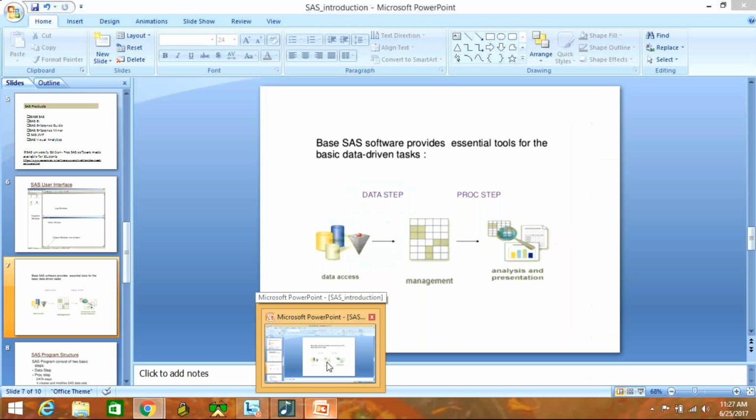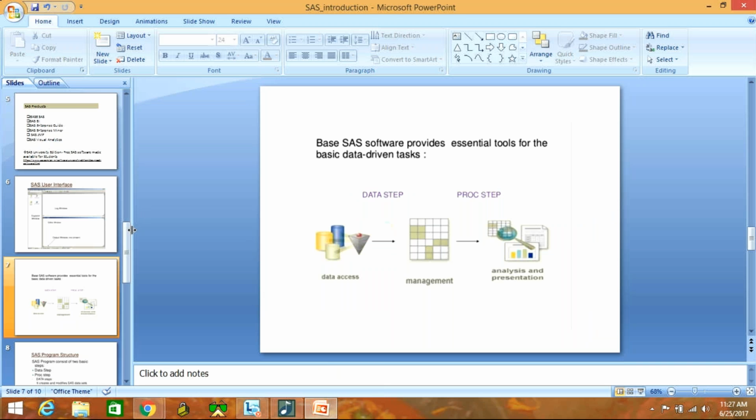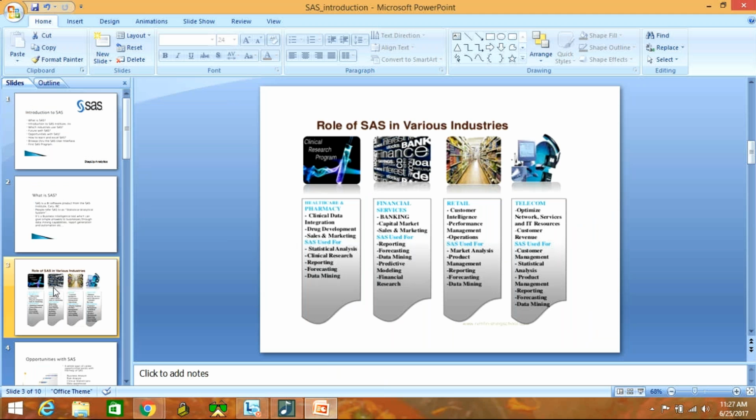SAS is used in all kinds of industries, but if we have to pick where it is extensively used, it is the pharmaceutical and financial industries, including insurance and banking. The trend is very high in finance and pharmaceuticals because SAS has been prevalent in these industries for a long time.